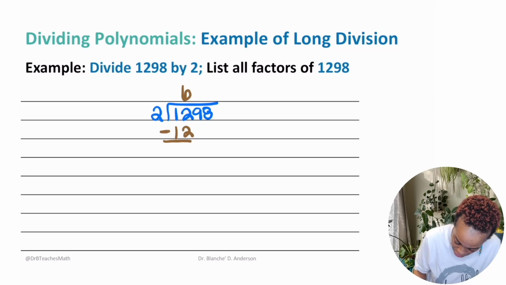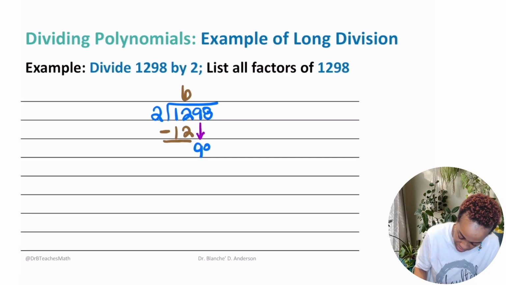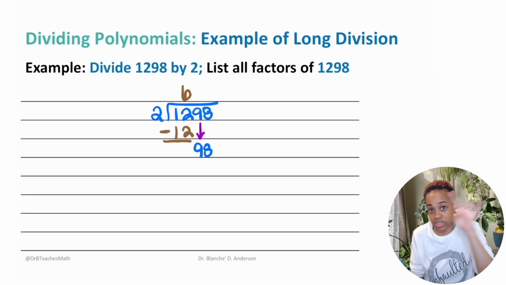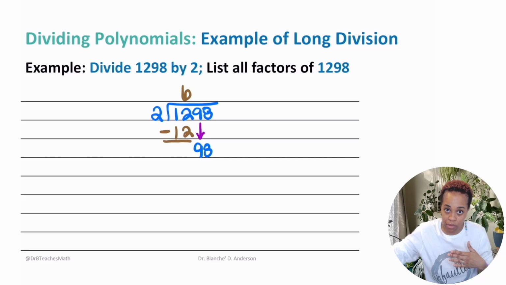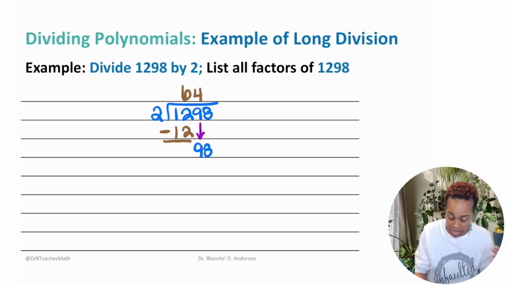My arrow's a little too long. So let's bring down the 9. So once we bring down the 9, we have this, right? And then you would say, okay, 2 goes into 9 how many times? 4, because 4 times 2 is 8. I can't go over the 9. That would be 2 times 5 is 10. So then you would say, okay, that's a 4. And then you would say, okay, 4 times the 2 gives me 8, right? And so then you would have your 8,